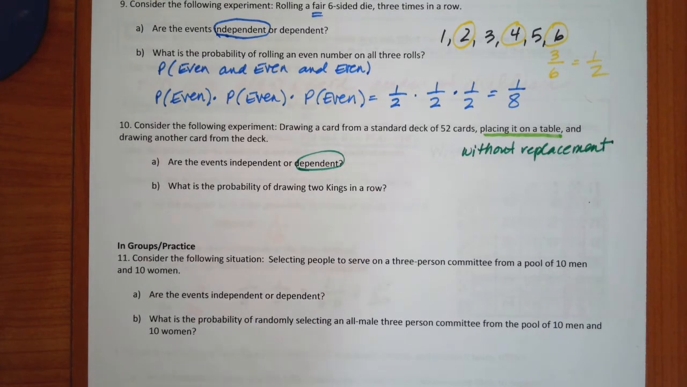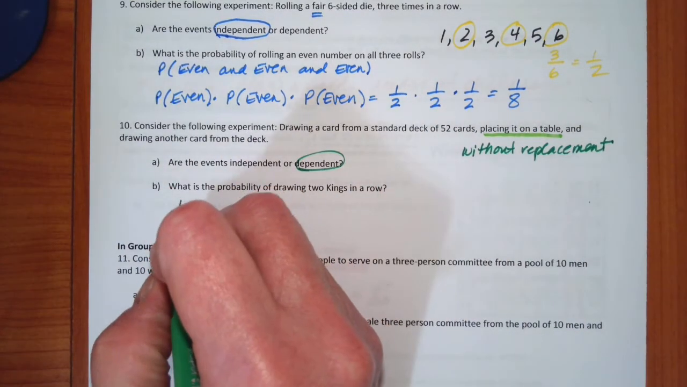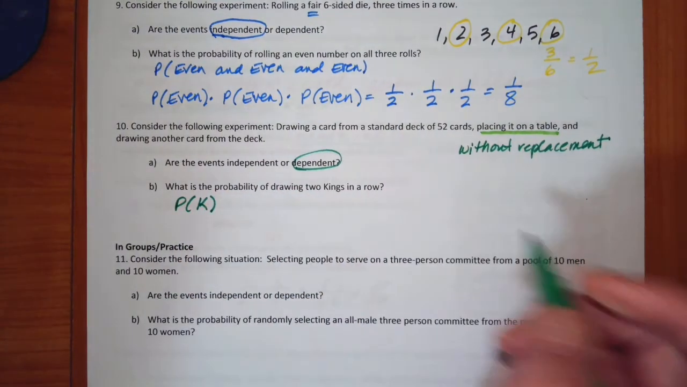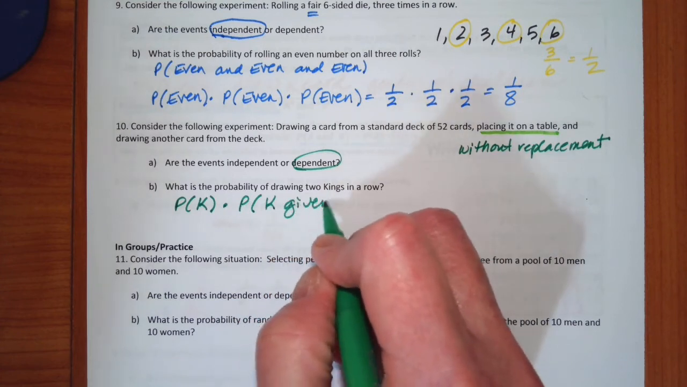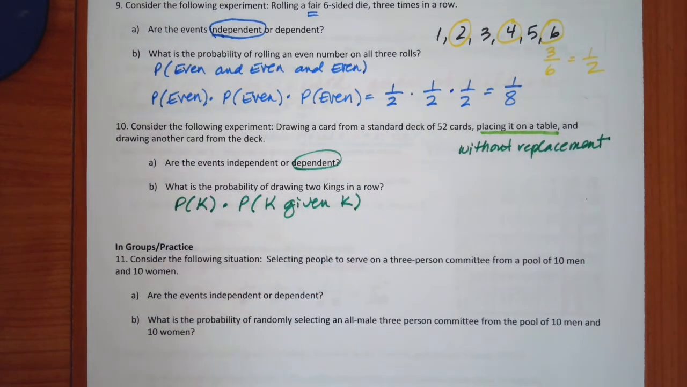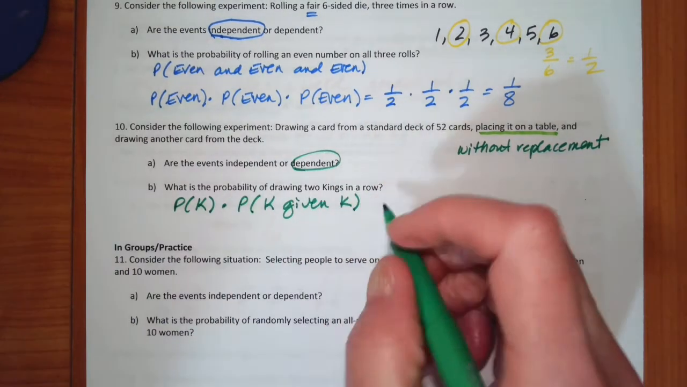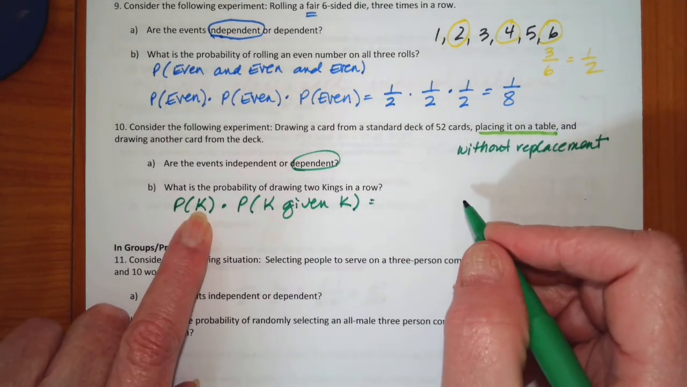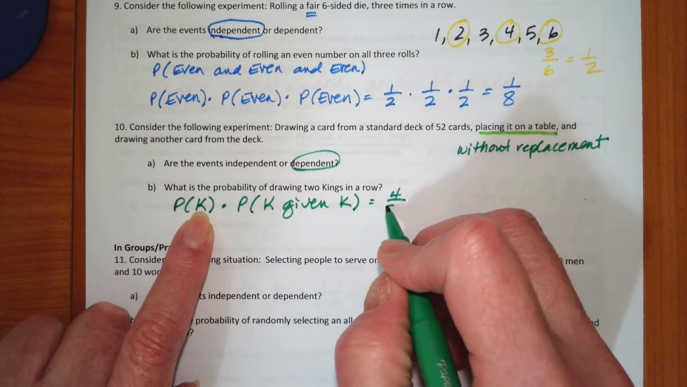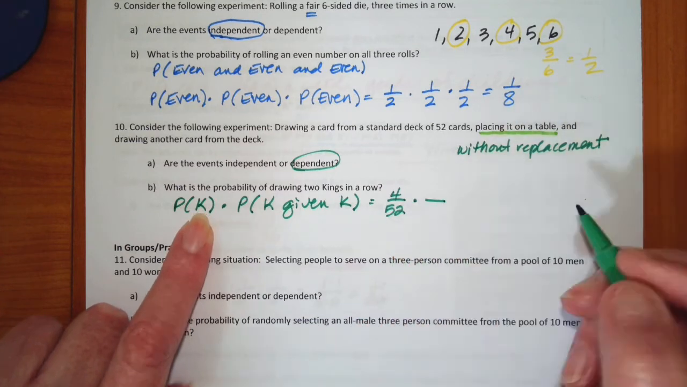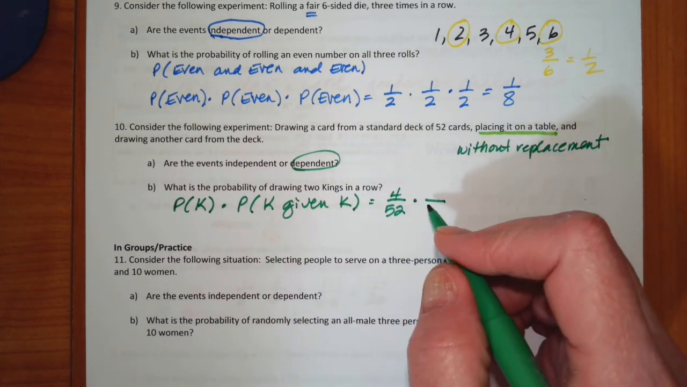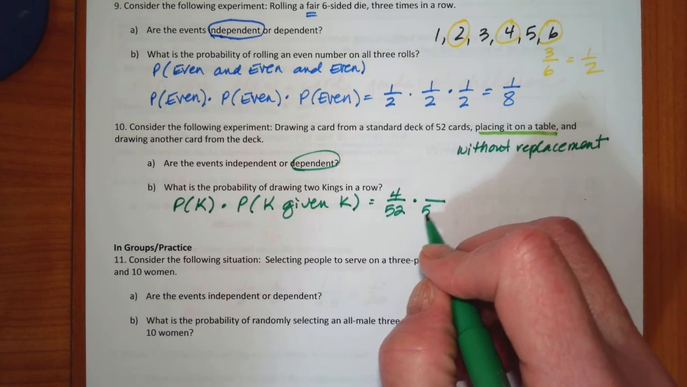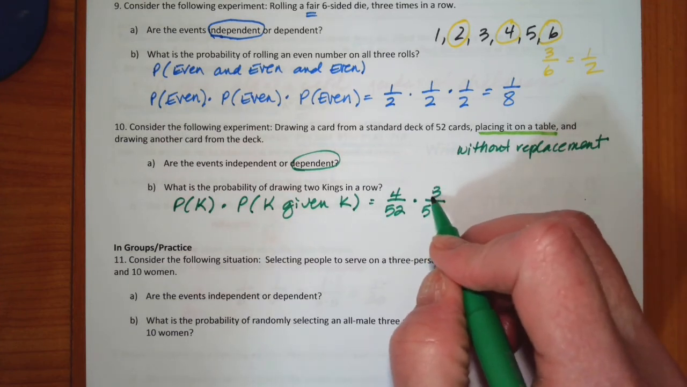So the probability of the 2 events is going to be the probability of a king times the probability of a king given a king. Well, if you have your standard deck of cards, you know that on your first pick, there are 4 kings out of 52 cards. But you've taken a king out of there, which means there are only 51 cards left, and only 3 of them are kings,